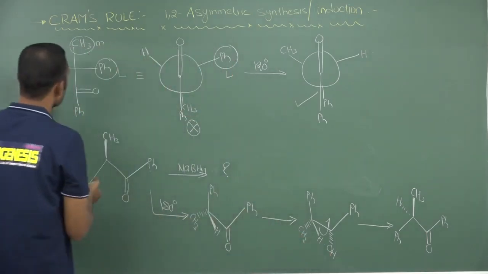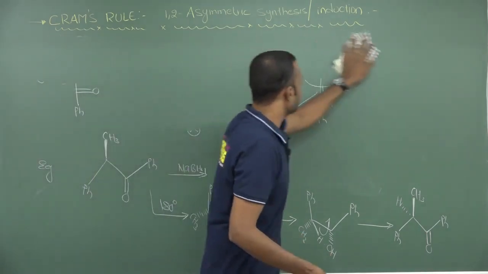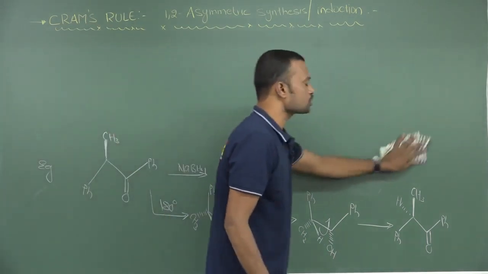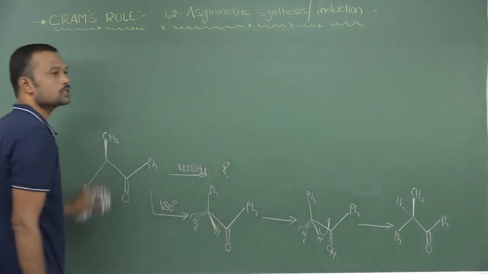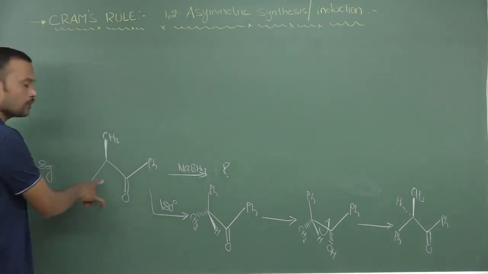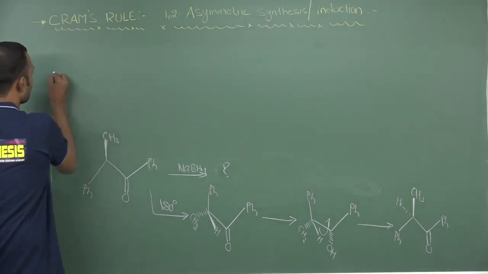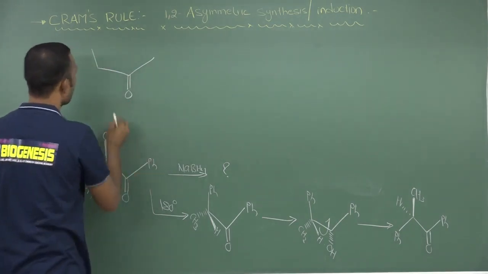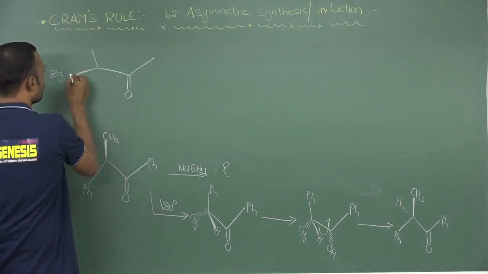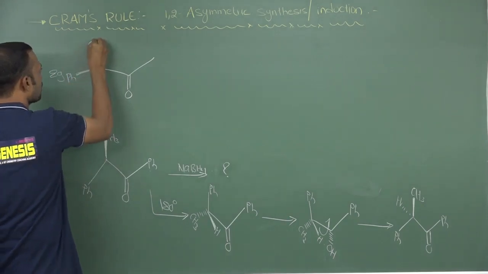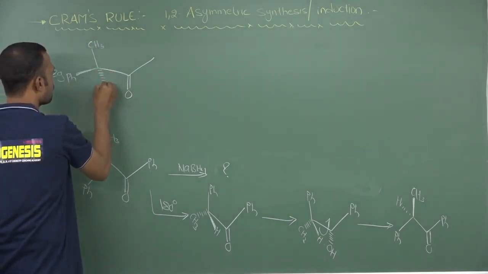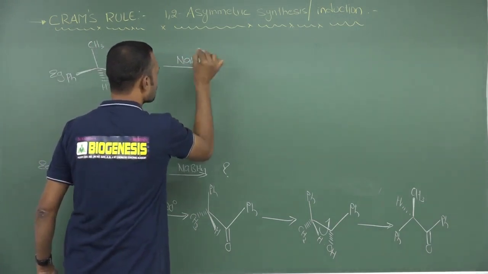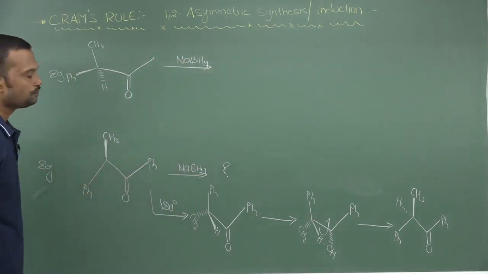One more example I will show, then perfectly you will understand and you will easily attempt this kind of questions in your examination. Especially they ask in a zigzag model, like this only they will ask in your exam. So try to predict the answer. This is a carbonyl; here it is phenyl, here it is CH3 and here it is hydrogen. I am giving an achiral reagent, NaBH4. What will be the answer?